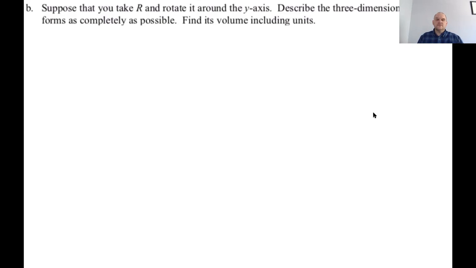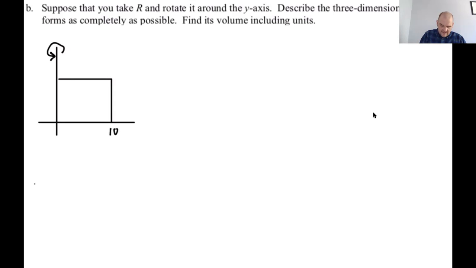All right, so I'm gonna re-sketch it. This is our 2D thing, right? And I'm going around the y-axis. It's gonna be like this. I can tell already, because when I rotate a rectangle, I get a cylinder. So I'm gonna get a cylinder. This is 10, this is 4. So I'm gonna say that I get a cylinder,